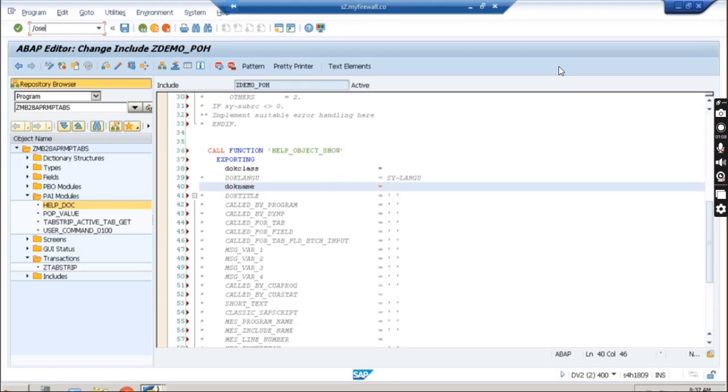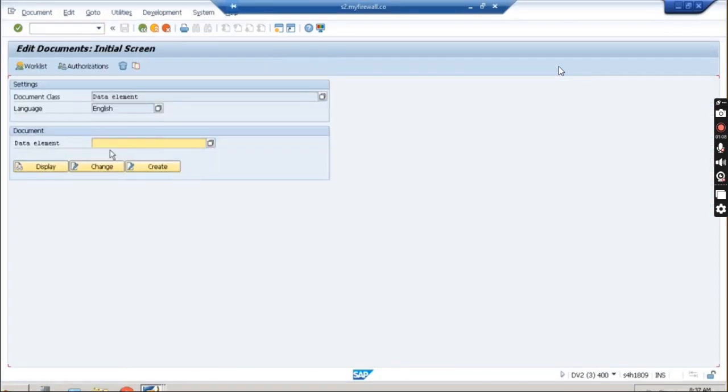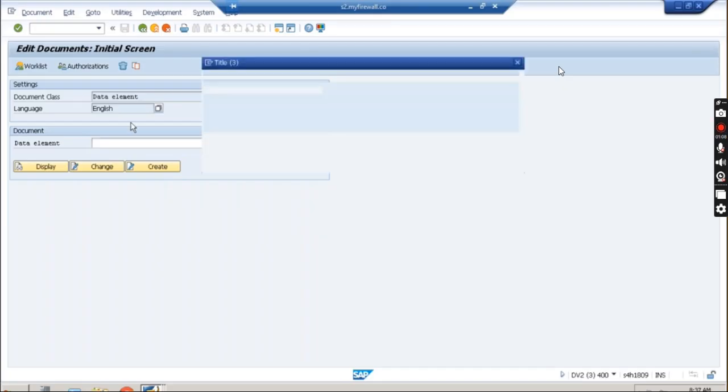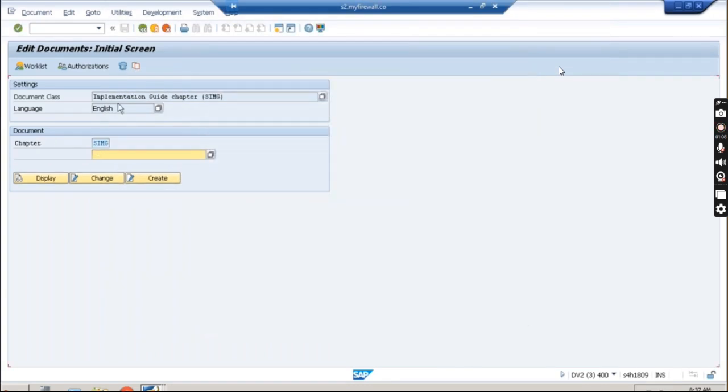We can go to AC64 transaction, I believe, or AC61. There is a transaction to create the document, AC61, I think. Yeah, here, edit documents, you'll have to create the document. So the data element name, you can give it over here, the document class. Let me see if we can select PDF based, I don't know,